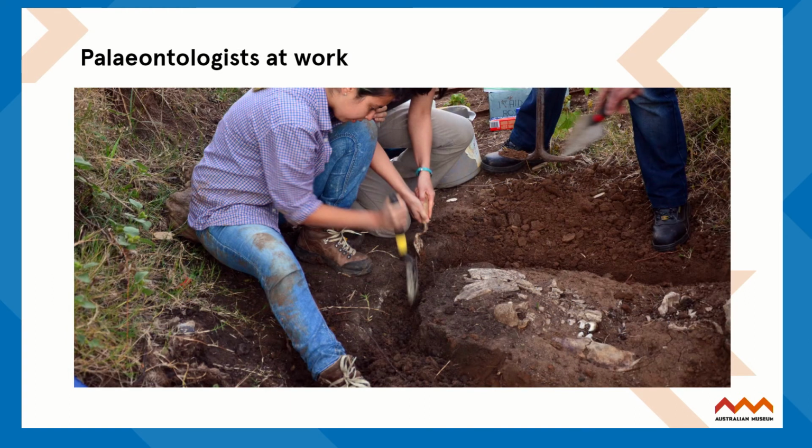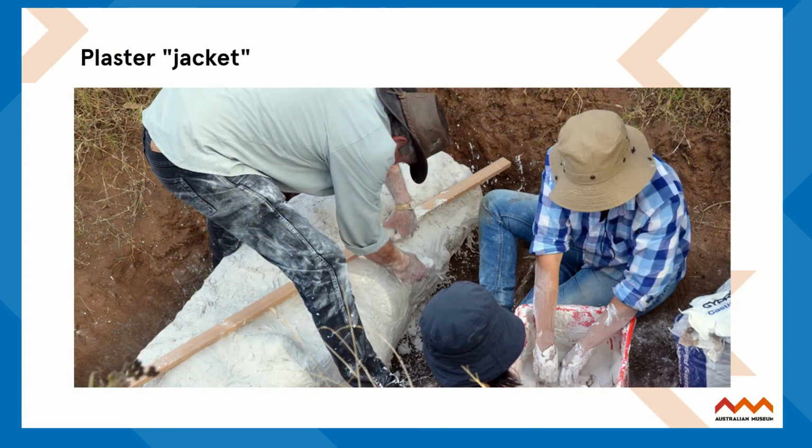So after recording and preparing the exposed Diprotodon bones, the team from the University of New South Wales dug a deep trench around a large area to lift the bones as a block. Here you can see the paleontologists at work digging that trench. So plaster bandages are then applied